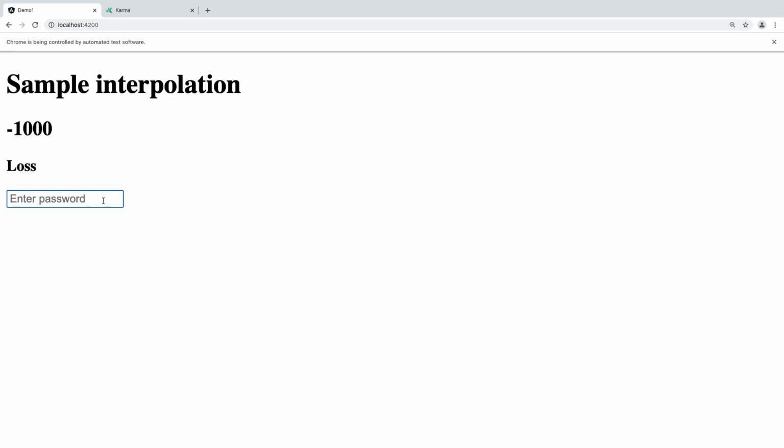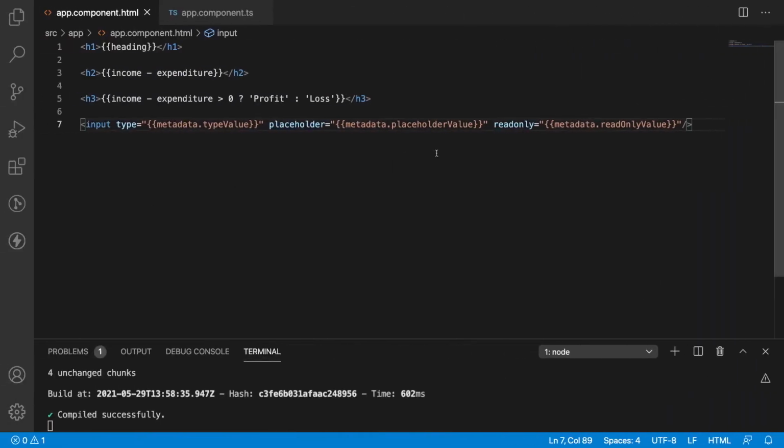Why? Because the readonly property will accept a Boolean value. But what interpolation will do, whenever it completes its execution, whatever the value inside the interpolation will automatically be converted into a string. That is why we call interpolation string interpolation. So whatever the arithmetic operators you are using, at last it will be converted into a string.